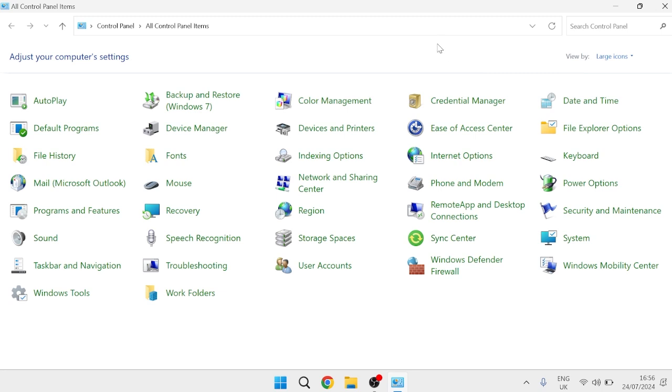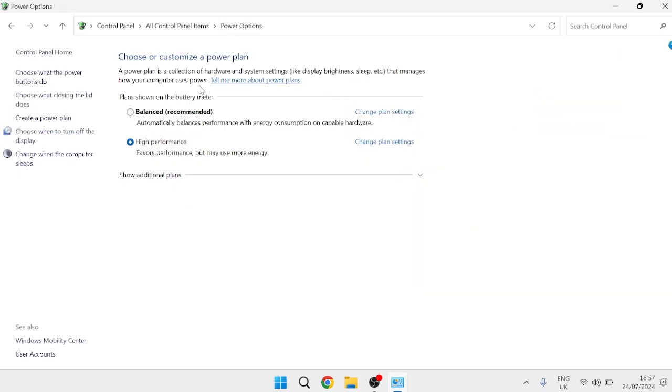Whilst we're inside of the control panel, we also need to come over to power options, and inside of here we have two options, either balanced or high performance. Now, if your laptop is plugged in most of the time, I'd recommend selecting this high performance plan to get the maximum performance from your system. Obviously, if your laptop is left unplugged and you're trying to optimize or conserve battery life, then you may want to select this balance plan here, but for me, I'm going to select high performance,